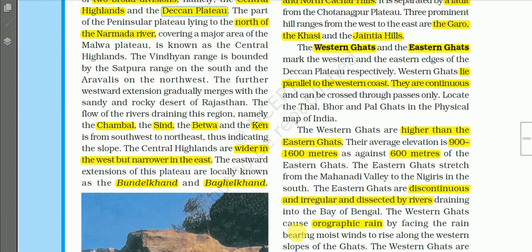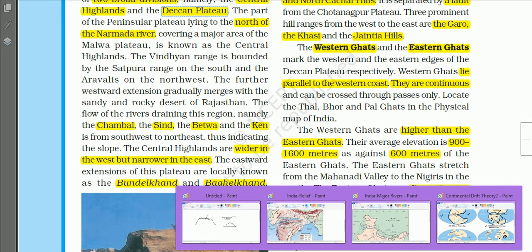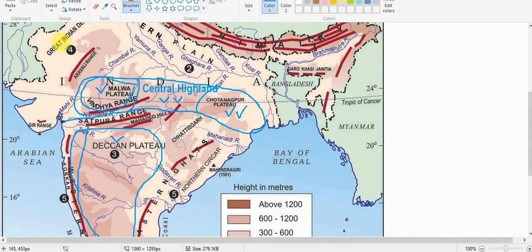And you will find that the Aravalli mountains lie on the northwest, as you see here. Here we have Aravalli mountain ranges. This is also one of the oldest mountain ranges in the world. It's a part of the plateau. And here we have another very old mountain range, known as Satpura Range. Satpura Range lies between the Narmada River and the Tapti River.